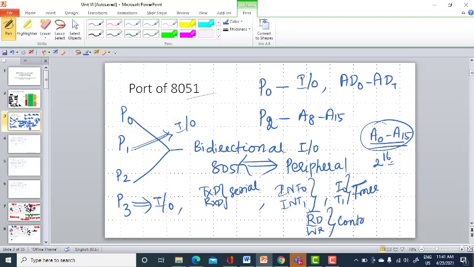Okay, that can be used for reading the data from your peripheral or writing the data into the peripheral or inside your RAM or ROM, whatever. Okay. So, today we are going to see about the port internal structures, and then we will proceed with port 0.